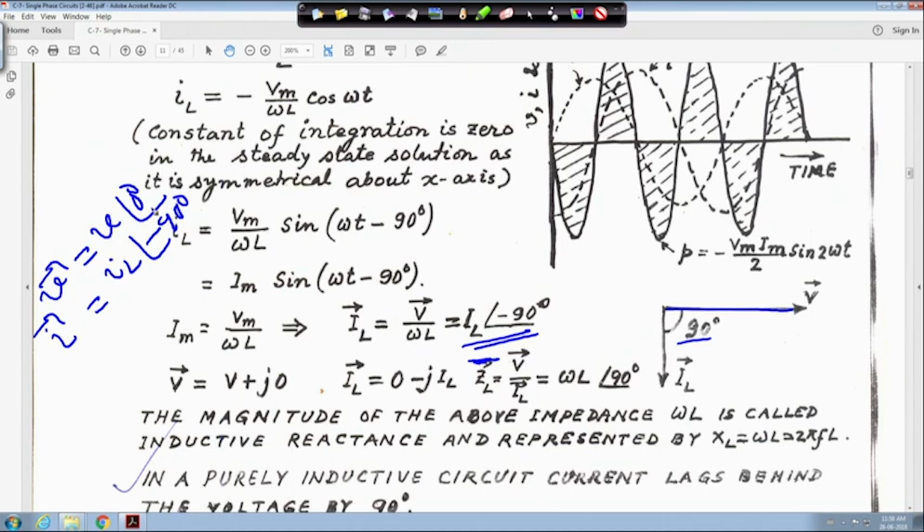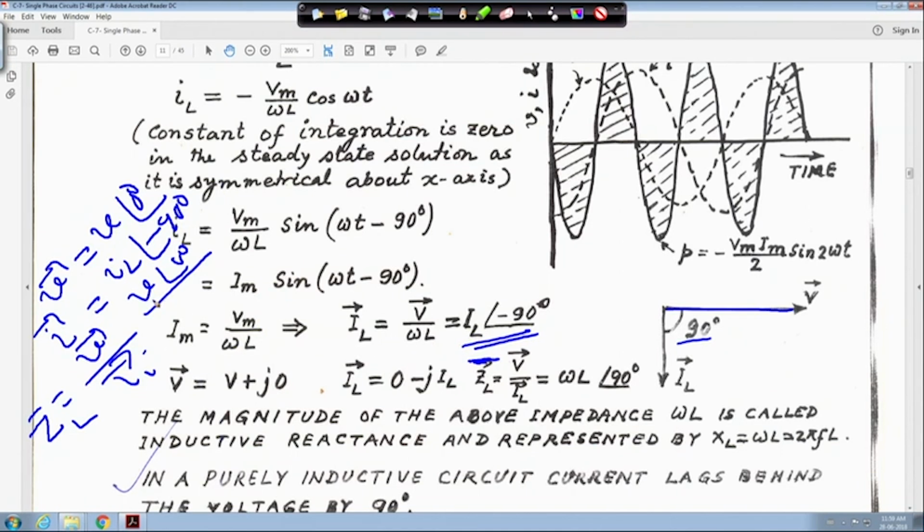So, Z is actually V phasor divided by I phasor. Whatever is written here, we are putting ZL, so ZL is equal to V divided by I. You know that V is equal to V angle 0, and I is the RMS value. So IL is equal to